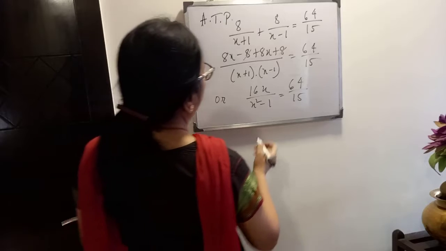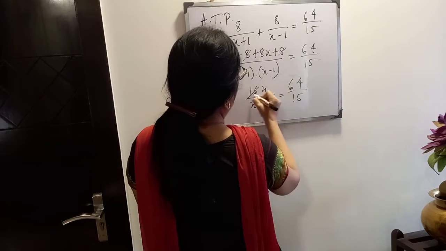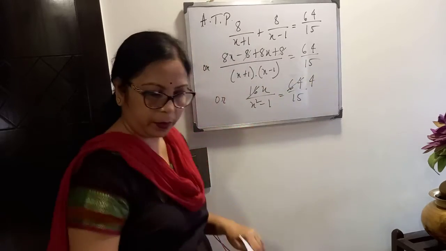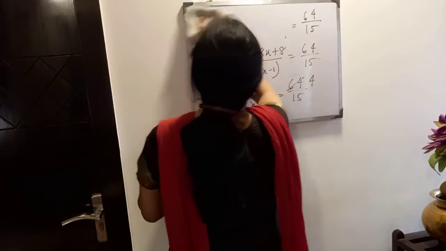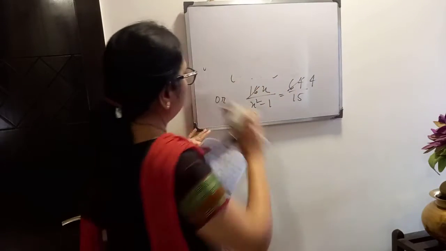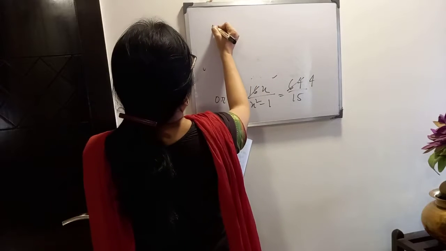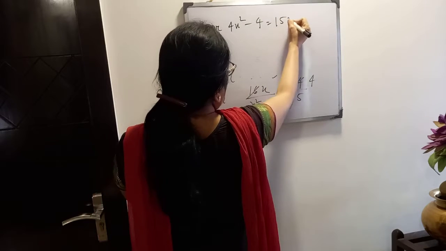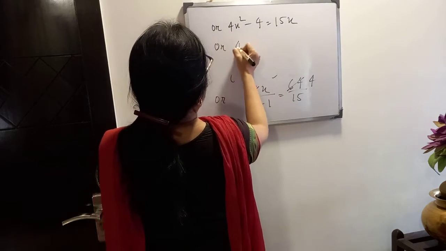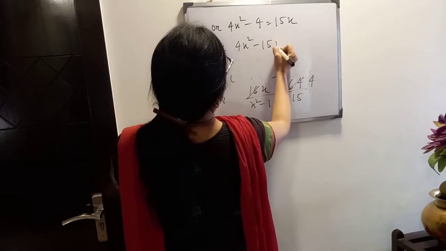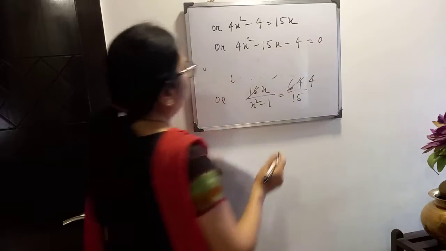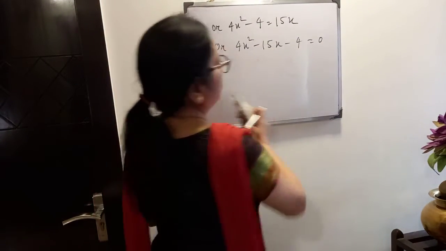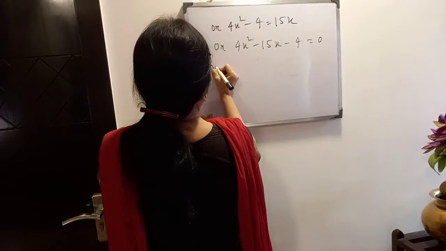Now I am making the calculation easier. 4. Then we will cross multiply. Four fours are 16. From 16 you have to bring 15. So 16 ones are 16. So minus 16 plus 1.